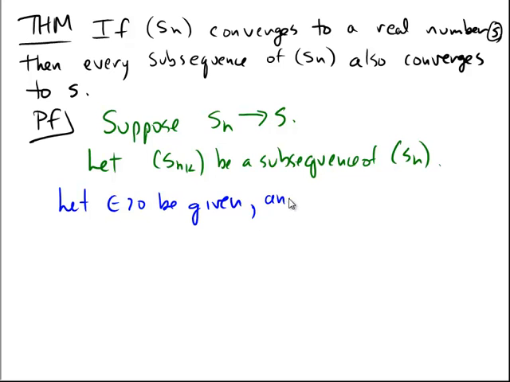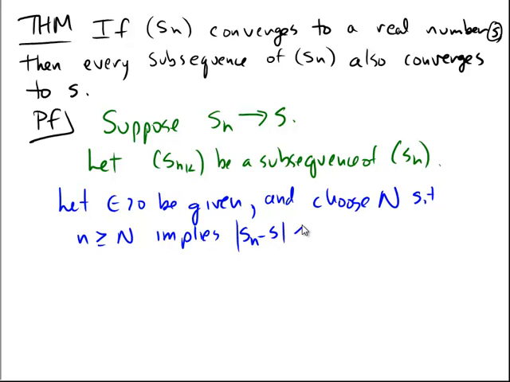Let's choose capital N such that n bigger than or equal to N implies that |s sub n minus s| is less than epsilon. We can do this because s sub n converges to s. So this is the definition of s sub n converging to s. Okay, now what can we notice about that though? Well, notice